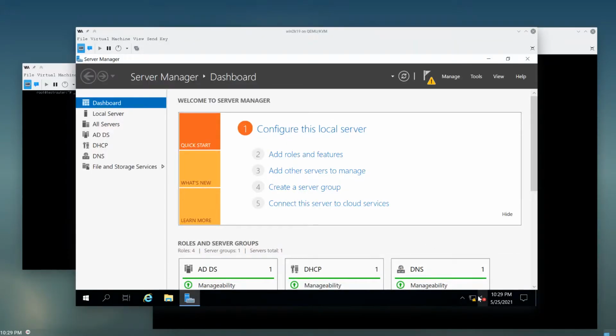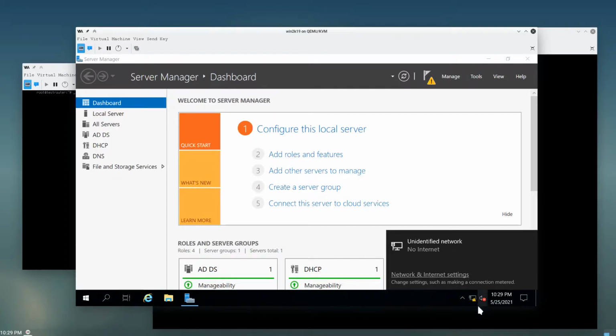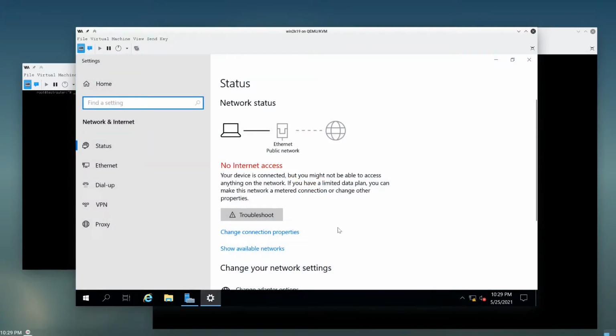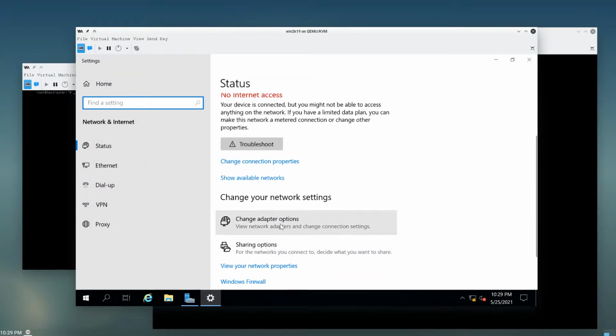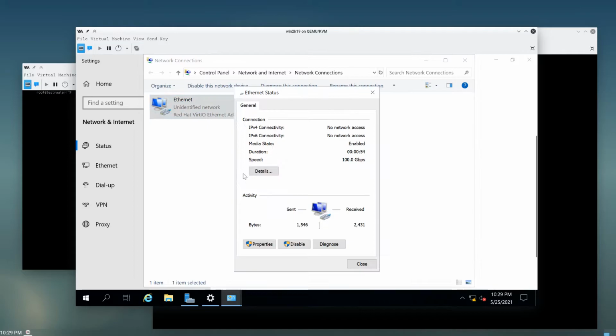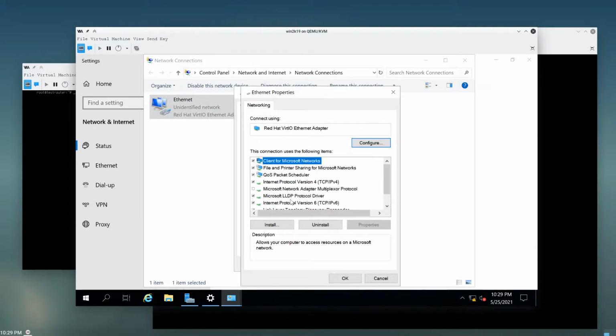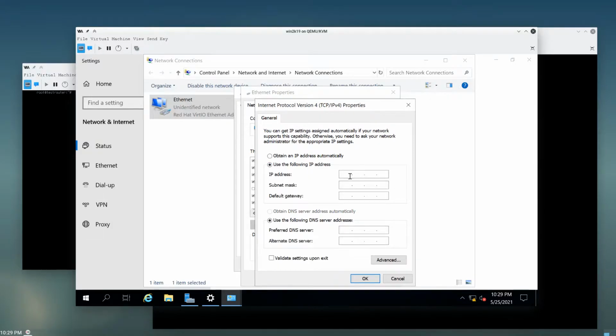Alright, so as you can see, we are back and we have our network interface. However, you can see there's still a triangle here with no network connectivity. So if we go into here, we can see that we have our adapter, change properties. We're going to hit properties. We're going to click on, in my case, Internet Protocol version 4, as I had previously talked about in my prior video. Here in the States, we don't really use IPv6 because we are lamers. So IPv4 it is. So in my case, I'm going to go ahead and set up a simple